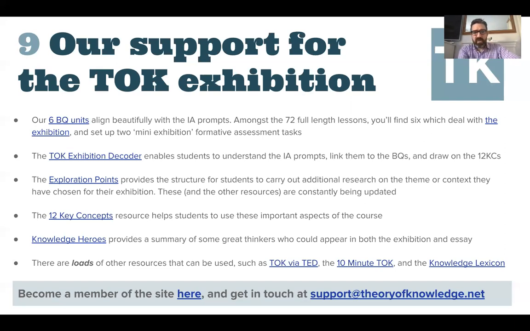The exploration points are everywhere on the website. Okay, so if you look in the free content of the site for history, for language, for all of the aspects of the course, you will see a little blue section of the page which says exploration points. If you are a member, you will be able to click on that, and it will take you to a document